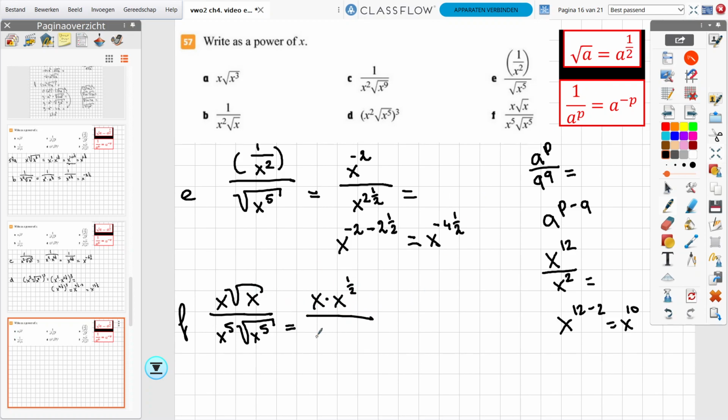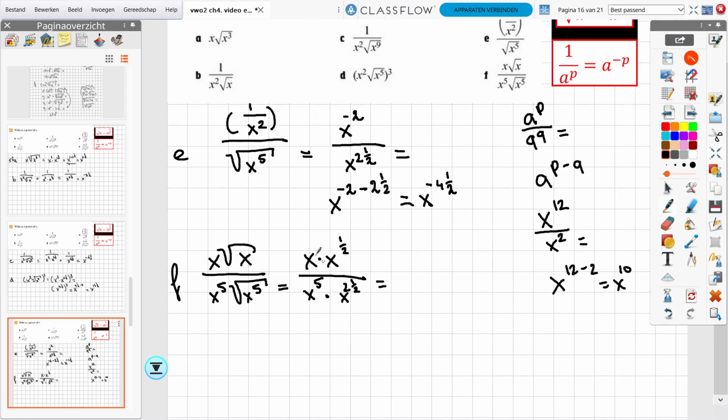And the bottom is the same as x to the power of 5 times the root of a power means I divide that power by 2, so we have this. This, and I go down here, this I can simplify. Remember, x to the power of 1 times x to the power of a half is the same as x to the power of 1.5